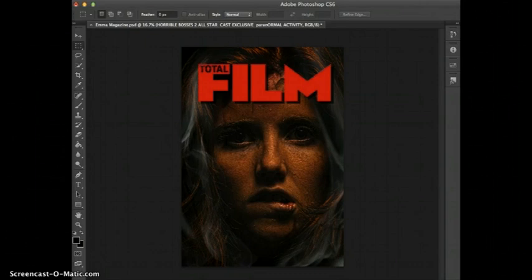I made sure to use only the left third of the cover to keep to traditional magazine formatting and so that my image wasn't bombarded with text. I used various film sites and blogs to find out which films were being released at the same time as my chosen release date to add authenticity to the cover. Once I had selected the 3 films I thought were most appropriate to my magazine brand, I created taglines to